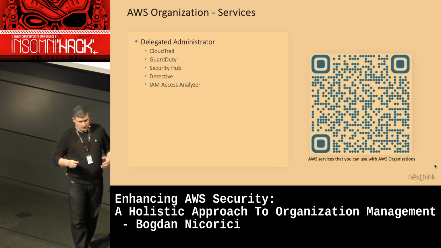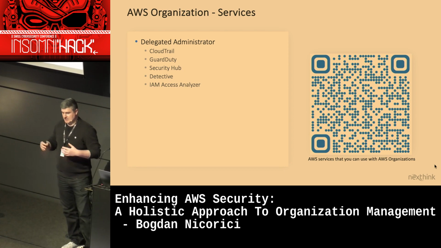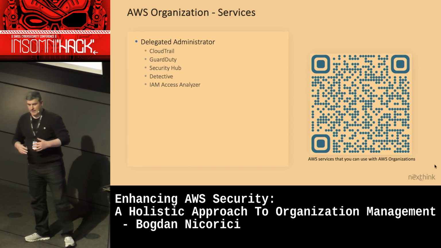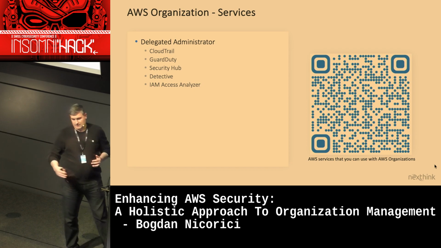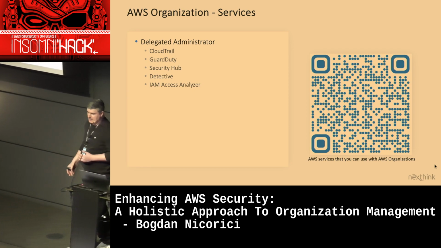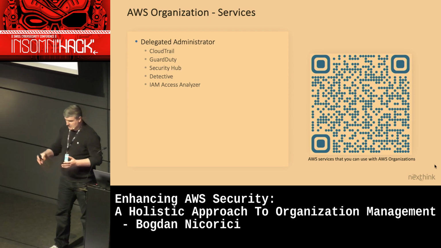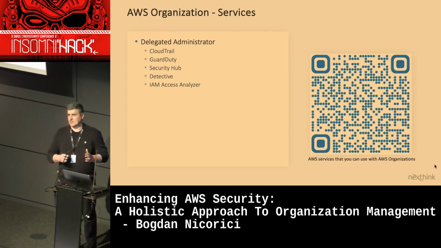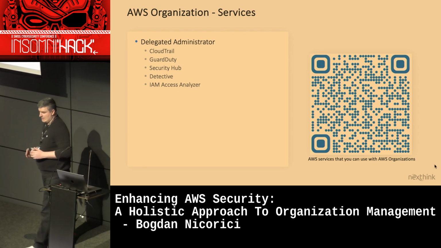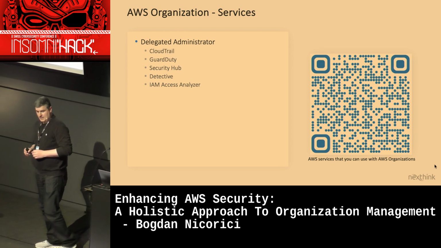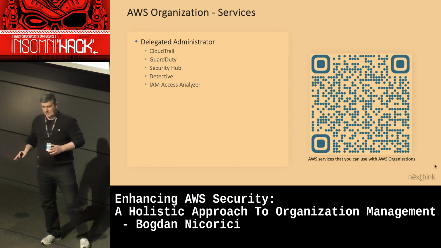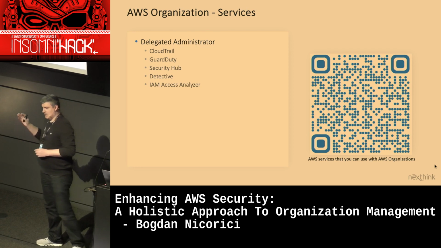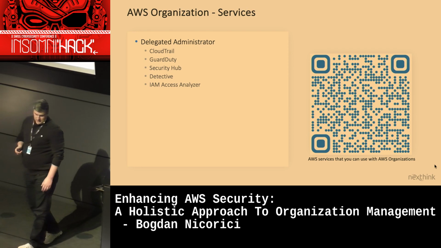Like I mentioned, when you use an AWS organization, it actually allows you to use specific AWS services. And these services, if enabled at the organization level, will automatically be enabled in all the accounts. You can have an account which will be the delegated admin of that specific service. So this way, you don't manage that service from the management account. Like I said before, it's one of the most critical accounts you have in your organization. You have to protect it at all costs. So you do the delegation to dedicated accounts. Like you saw before in the organization, we have a security account. That account will only be admin of specific services that we are using.